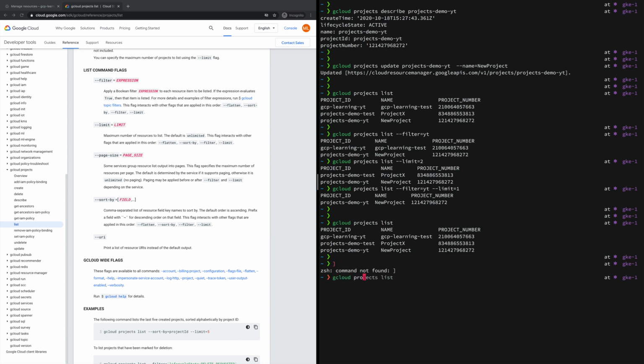gcloud projects list, and I want to sort by, we can give any name, project ID, name or project number. So let's sort this list by project ID.